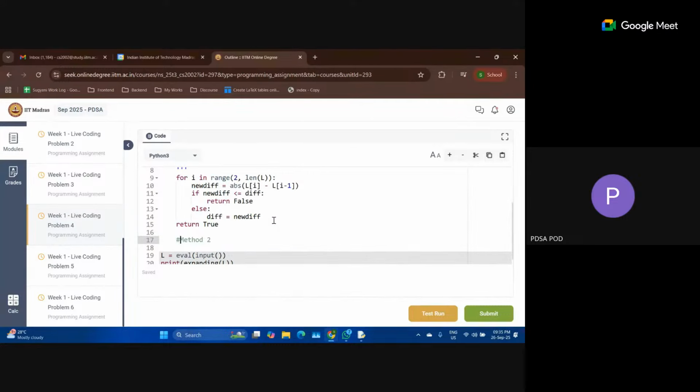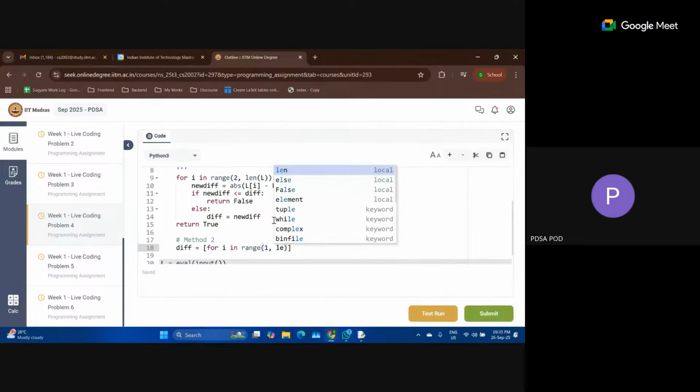What this method will do is create a new list containing the differences, using list comprehension, for I in range 1 to length of L. I'll compute this absolute difference and put it in this difference list.